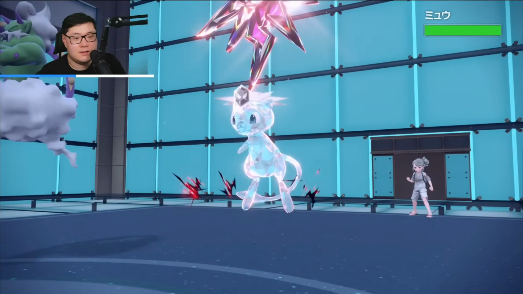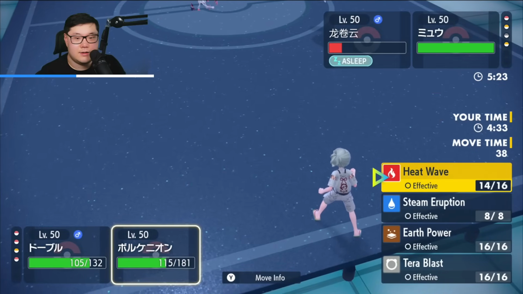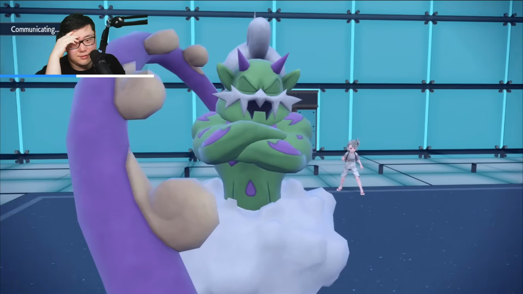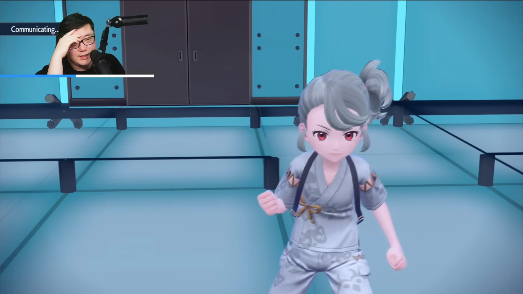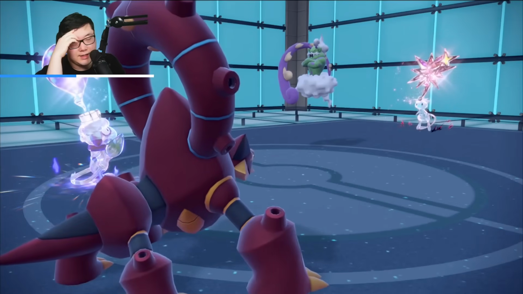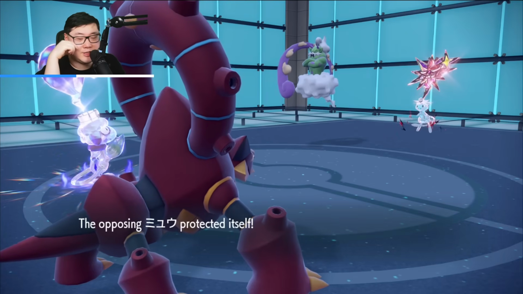Yeah, Mew comes in. I just go for Spore and I go for a Heat Wave again. I don't see a problem with that because I don't see what they can really do with the Mew. They could go for Imprison Lock, but they get Spored and then I get a Heat Wave off. My Smeargle goes before Volcanion, so that's fine. They go for Protect, okay. But they didn't get the Imprison. I'm not giving them my Shadow Rider because if they copy my Shadow Rider, that's their only chance